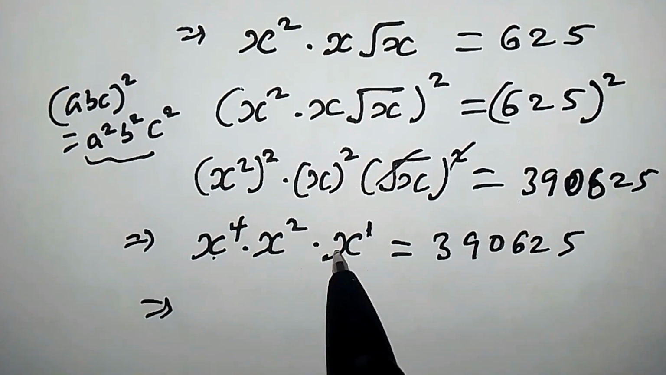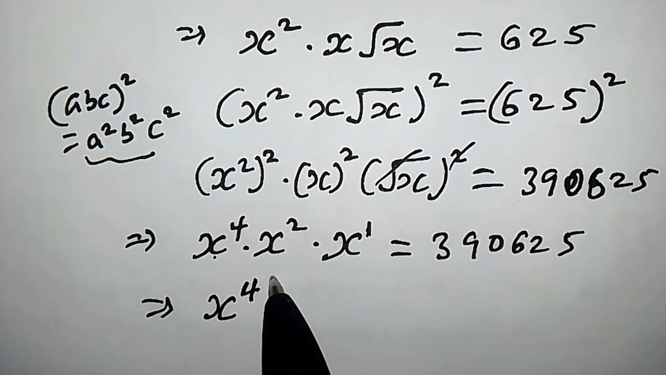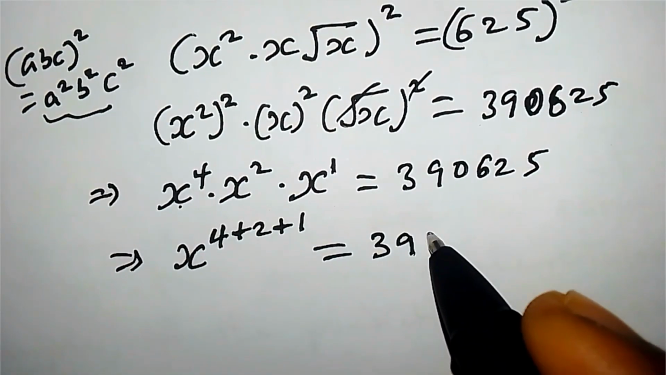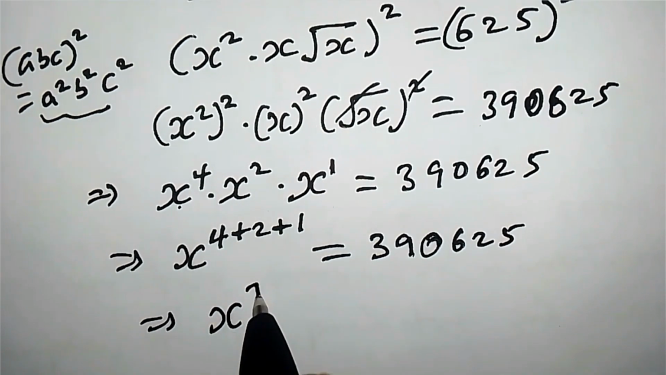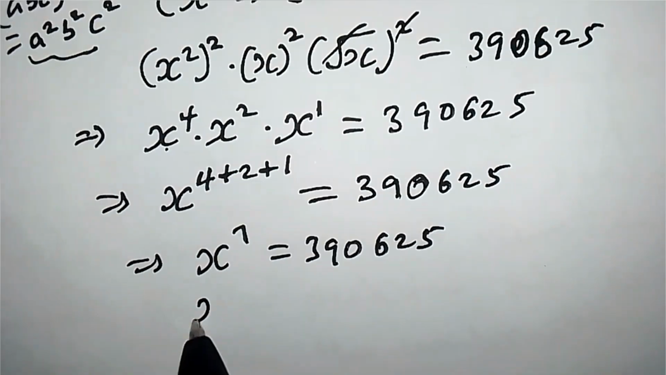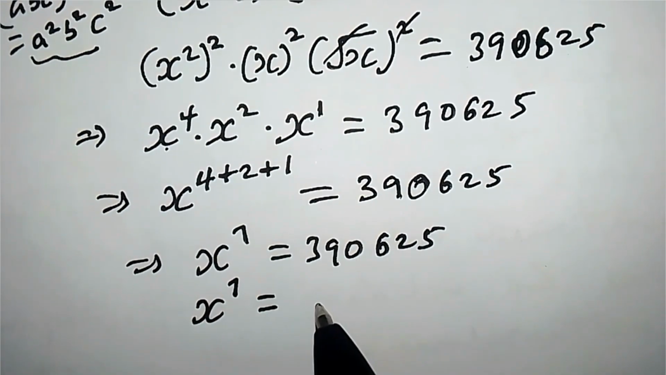So since the base is the same, we can add the powers. So we're going to have x to the 4 plus 2 plus 1 equals 390625. So this implies that we have x to the power of 7 equals 390625. We will get x to the power of 7 is equal to 390625, which is the same thing as 5 times